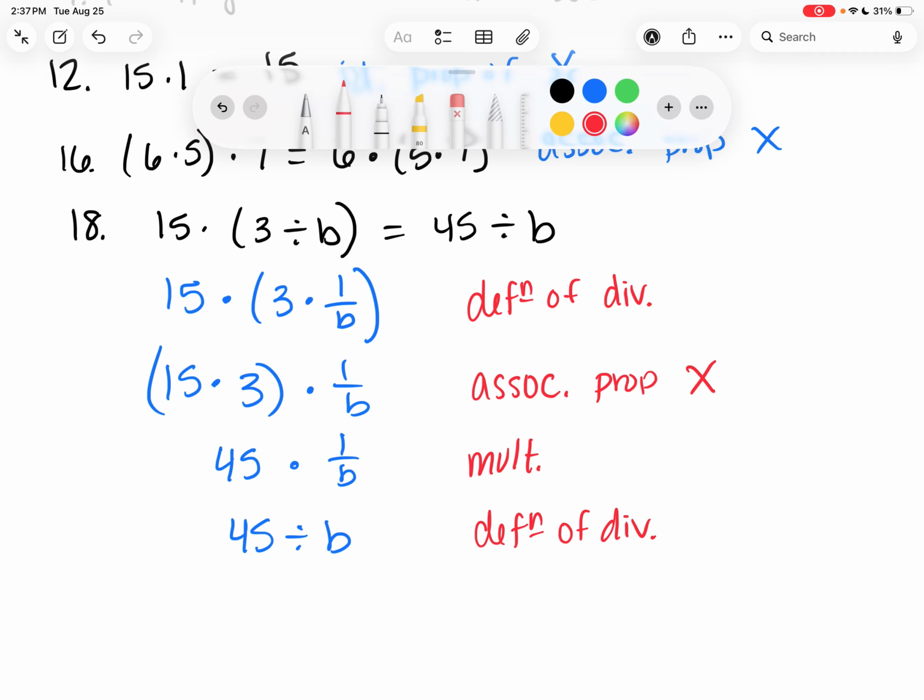Okay, now there are times, this morning when we were doing it in the other class, they had a few times where they asked, are there multiple ways that we could do a problem, because the way they did it wasn't necessarily exactly matched up in the back of the book with the answer. My answer is yes, there sometimes are, but there are certain things that have to be done in a certain order, right? Like I couldn't go ahead and multiply 15 times 3 here. I had to change this to 1 over b so that I could then use the associative property and regroup things. So I told them, and I'm telling you the same thing,